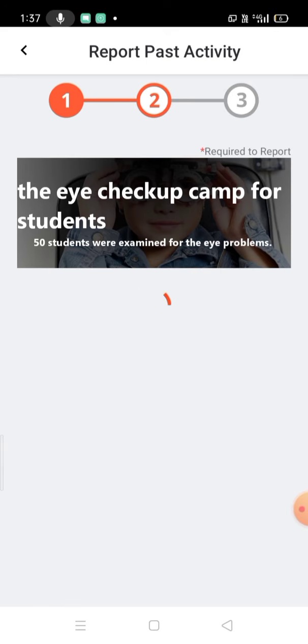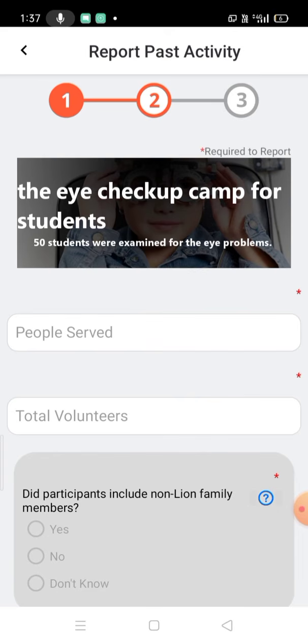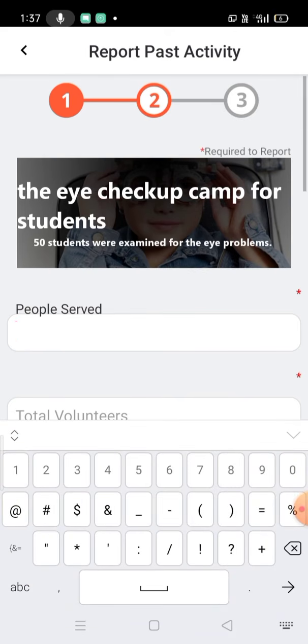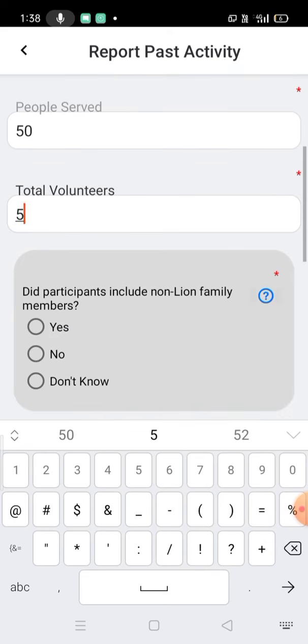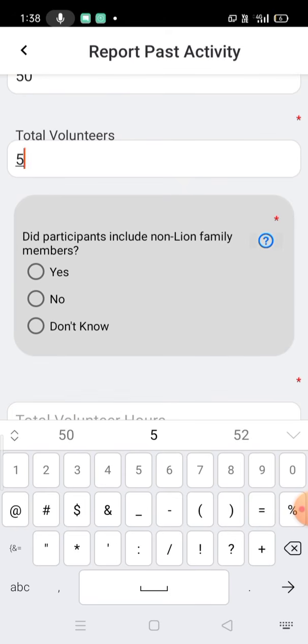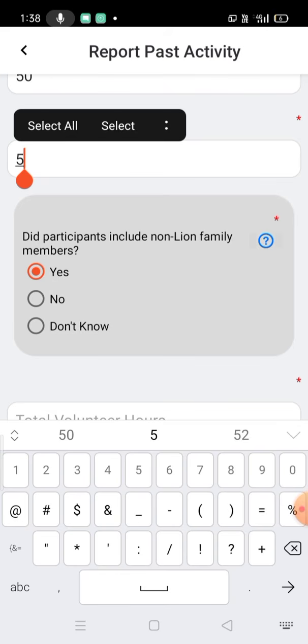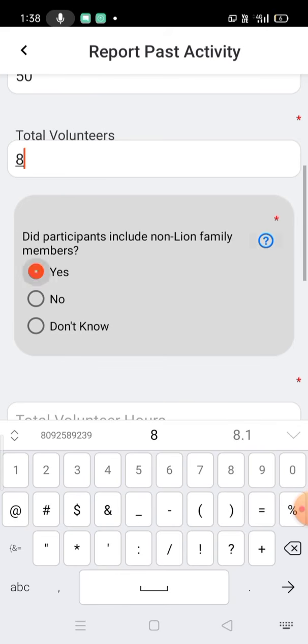Yes, this is point number 2 being open right now. How many people served? As I have already written, 50 students were examined, so I wrote here 50. How many volunteers were there? So there were 5 volunteers. And did participants include non-Lion members? Yes, teachers were included. So now as 5 Lion members were there and 3 teachers were there, so total 8